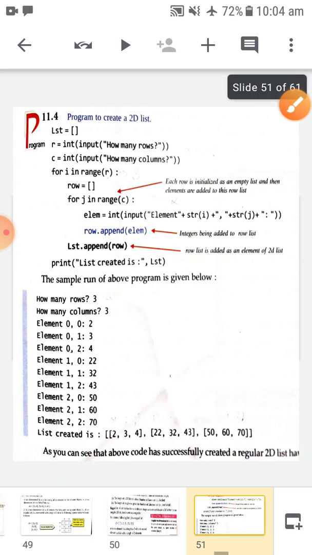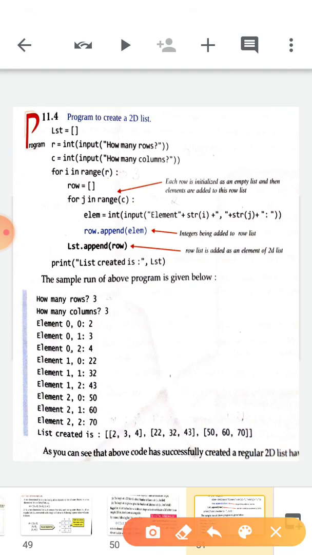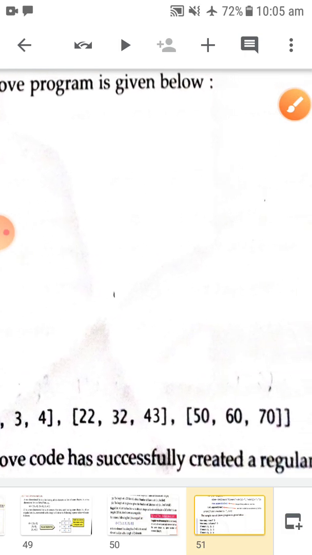Next slide is a program to create a 2D list. How are we creating a 2D list? Children, you have to understand the position, how we are giving the position. Let's move to the output type. In this output you have such kind of